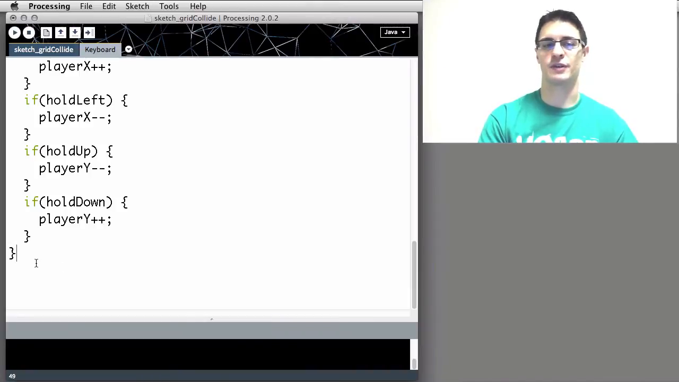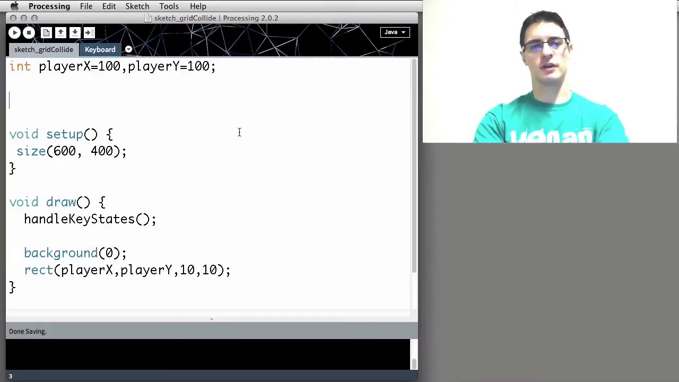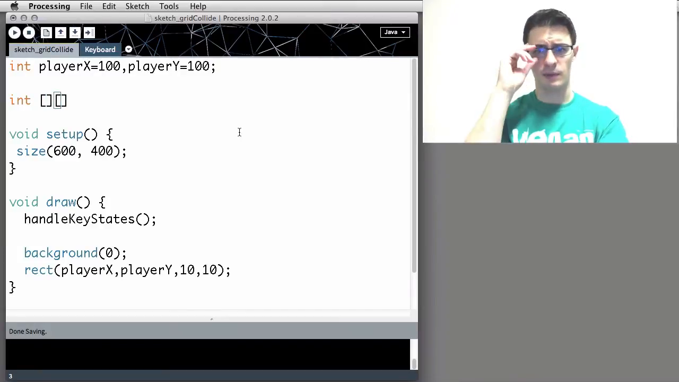The brace is its only clue as to where that file began and ended when it started compiling. Okay, let's start building a world grid, which I'm going to begin by saying